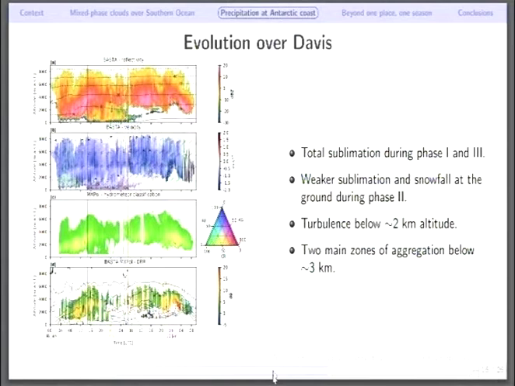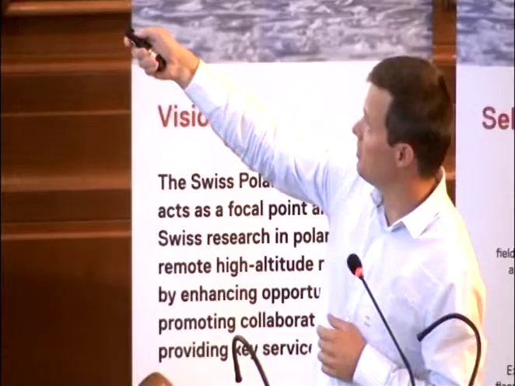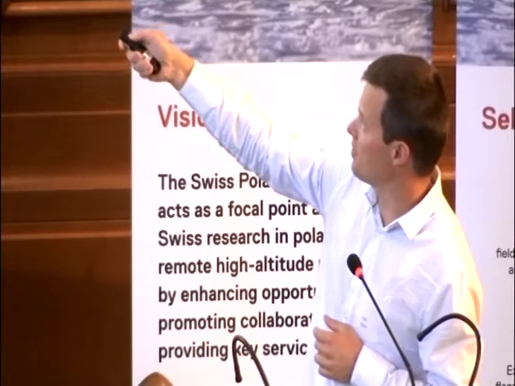And a third phase where we have a lot of sublimation in the lower layer. I will focus mostly on phase 1 because we don't have the time to go too much into the details. But yeah, please note that we have a lot of sublimation in these 2 phases. We also, thanks to this vertical velocity, we can see that we have a lot of turbulence in the lowest